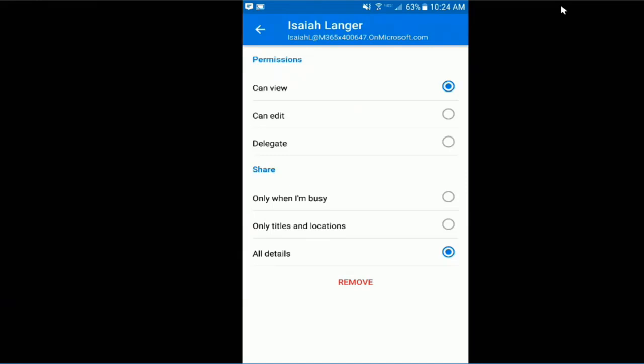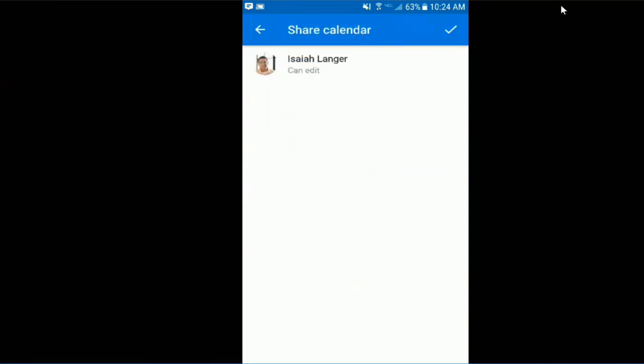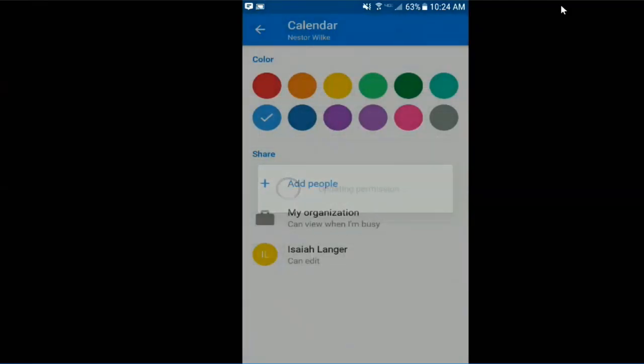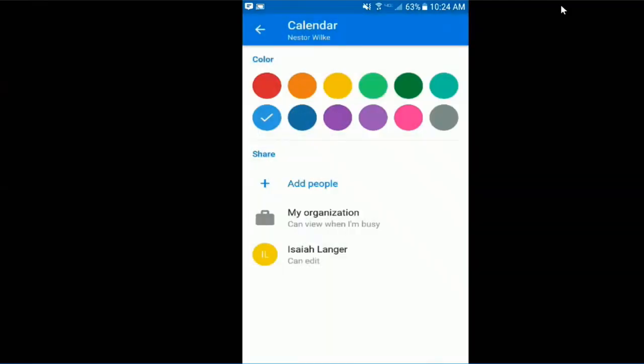I've set the permissions. I want him to actually be able to edit because I want to delegate him. And then I press the check box or the check mark, and now Isaiah has got access to my calendar. So this is really cool because this is a fairly recent feature that we've added to the client. Calendar delegation and sharing. A lot of people have this requirement, and it makes it easy to do that right